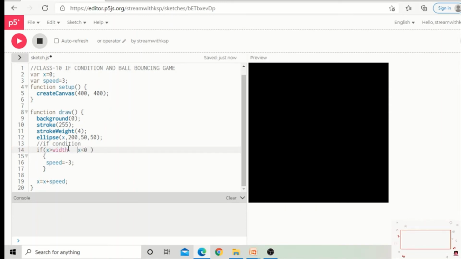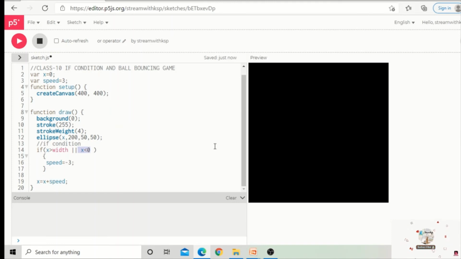So x less than 0 indicates that it is coming from the left side, outside of the screen. X greater than width means it is the right side outside of the screen, and x less than 0 means it is the left side outside of the screen. Then I want to make my ball bounce off the wall. So in this case, I am going to change this with a logical OR operator, and I am writing the two conditions here. One is x greater than width and x less than 0. Left side outside of the screen and right side outside of the screen.